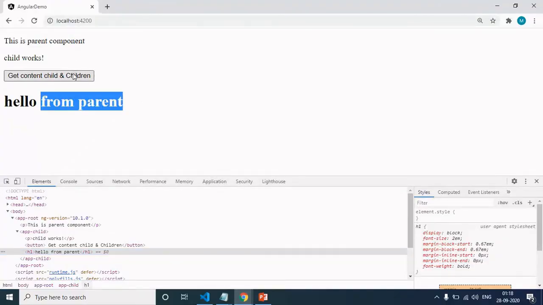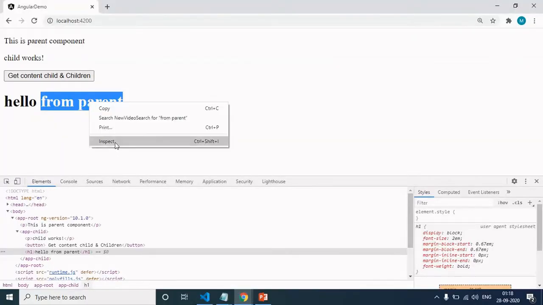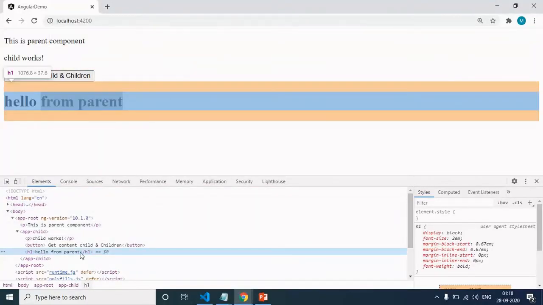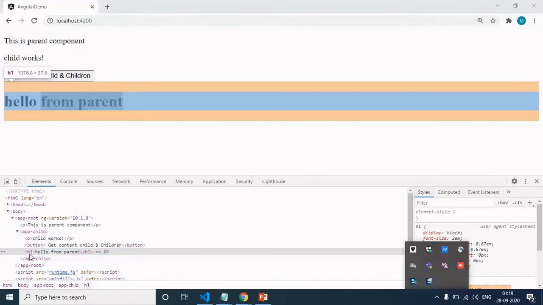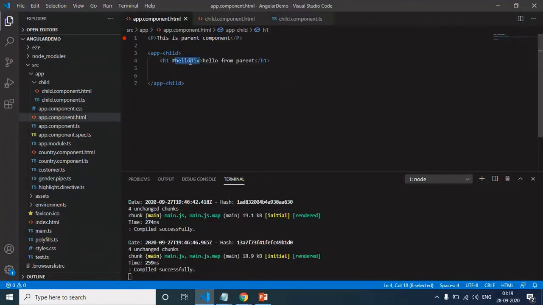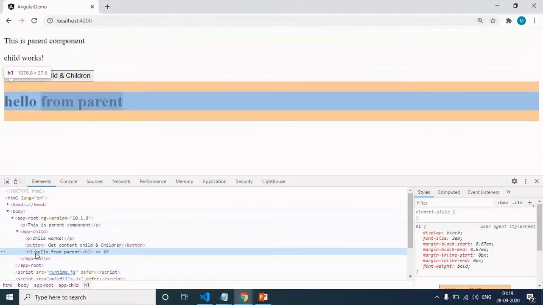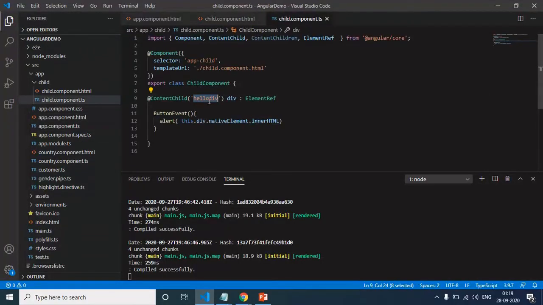Now when I click on this button, I access that using ContentChild on the component, and using div.nativeElement.innerHTML, whatever the inner HTML we have, like if you see here this one, inspect element, we are able to access that. Here if you notice, in the S1 tag from the parent component, I am passing this template reference variable, but we are not able to see that in the inspect element. So that is fine, but you can see that here we are able to access it using the same name.